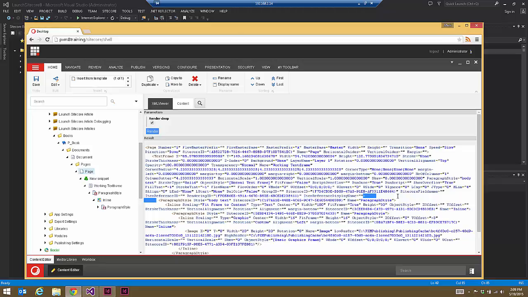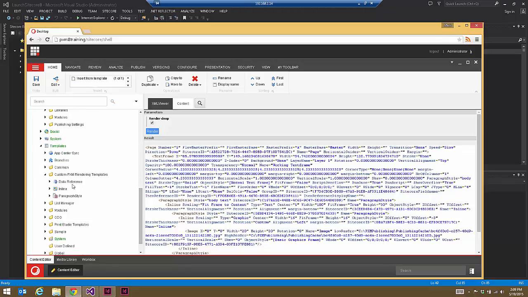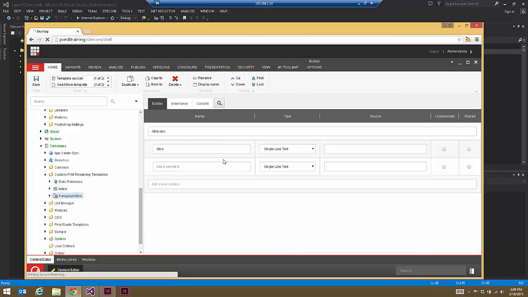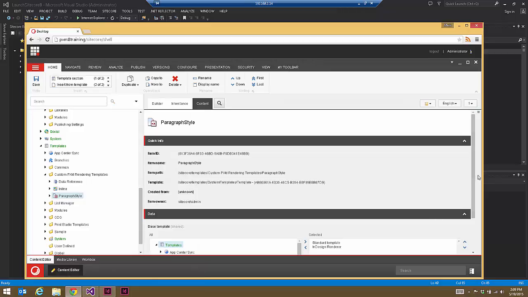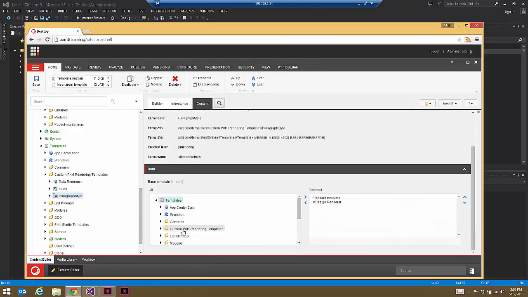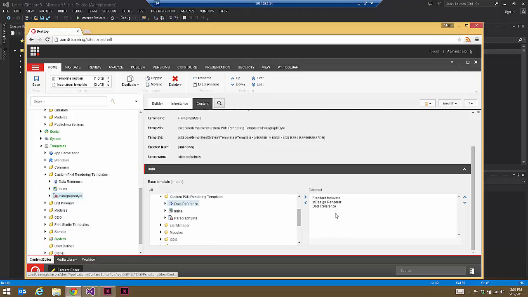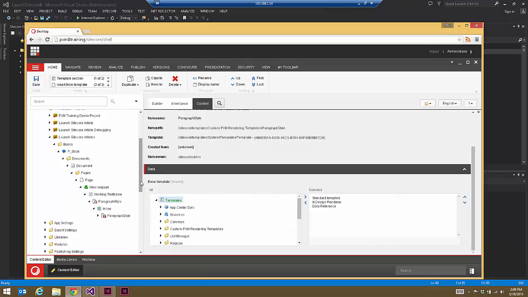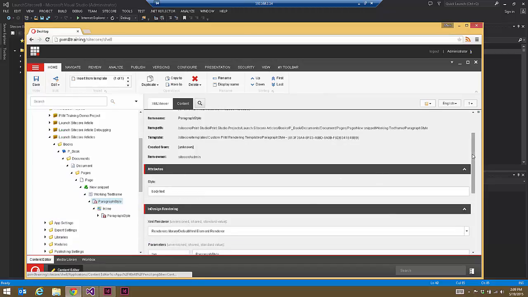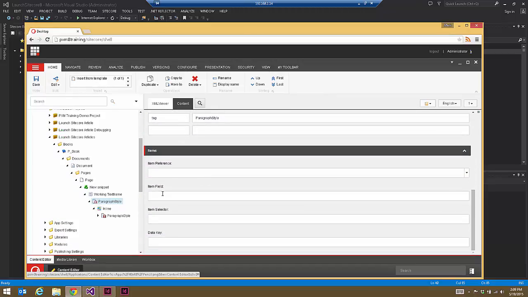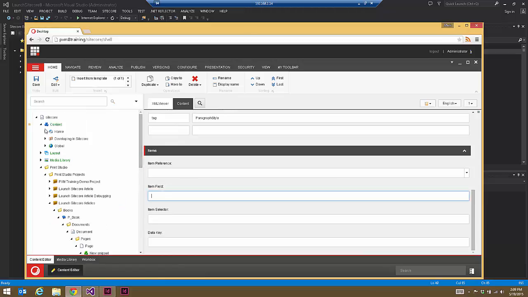However, after our paragraph style, we actually want some content in this node. And so that data reference that we created and we're using in our inline, we can also use in our paragraph style as well. So if we go to the content of that, and we can go to our custom rendering templates and add the data reference, that's great. So at this point we could now say, okay, for our paragraph style, we've got an item field. And so we can say, right, for